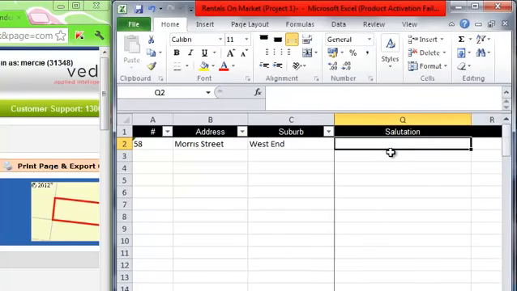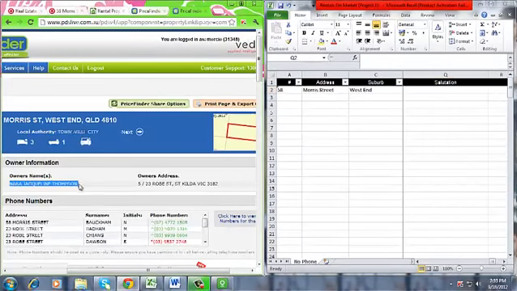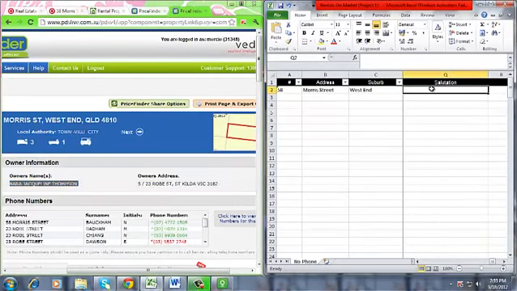Salutation also means owner's name. Simply copy and paste it. Salutation should be in all caps.